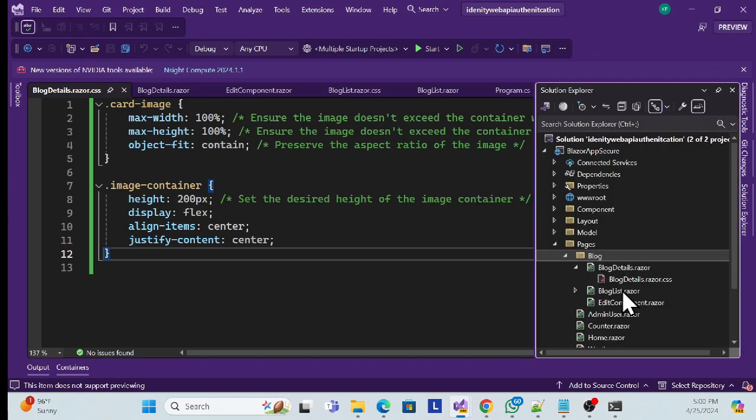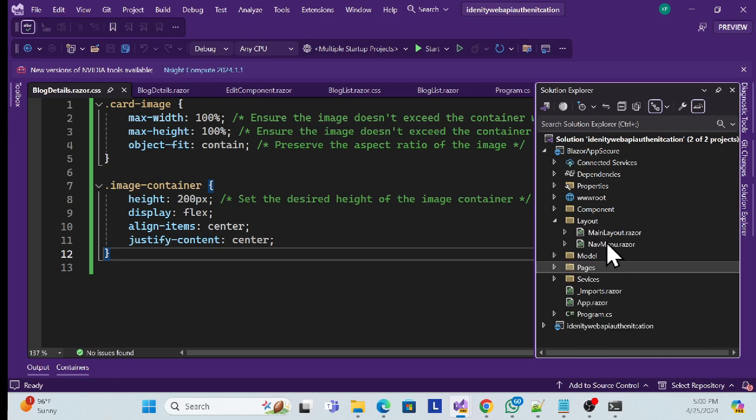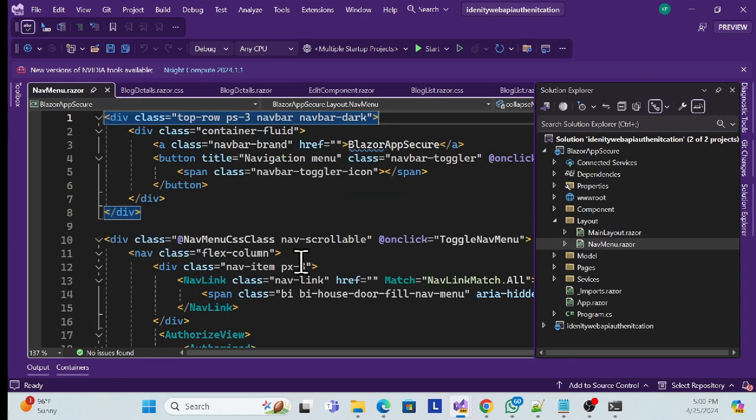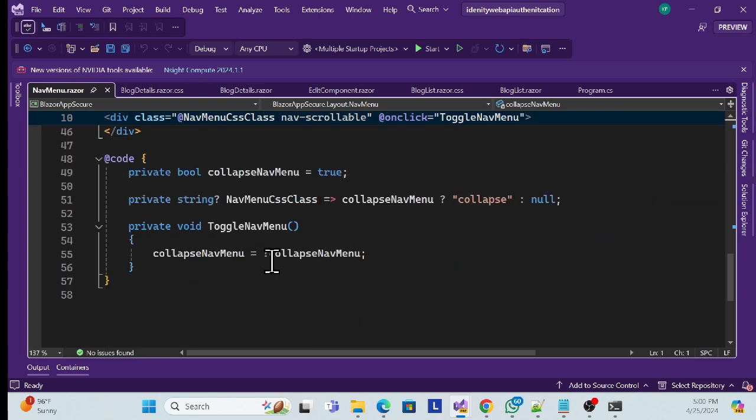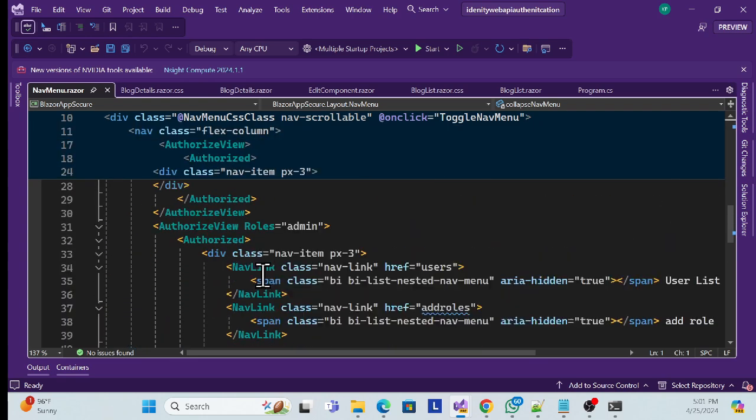So what I can do is go to the layout, right, and go to the nav menu, right? And here see, we have to do some implementation so that we can handle that menu and sub menu concept, like the open and close concept, right? Like the collapse and expand mechanism, that functionality. So quickly,